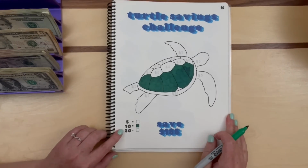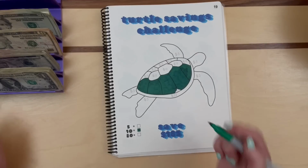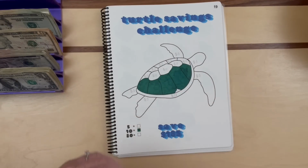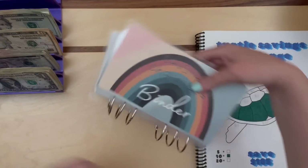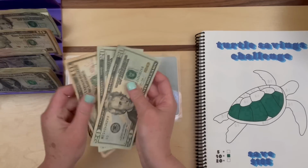Okay, if you're still awake, I'm done coloring in the turtle. So 10, 20, 30, 40, 50. I thought this color was lighter, but that's okay. So while we're getting the money out and putting it away, so 20, 40, 50, I just wanted to tell